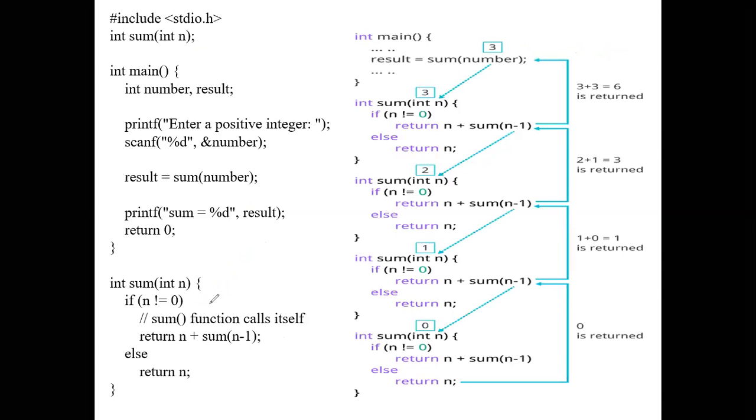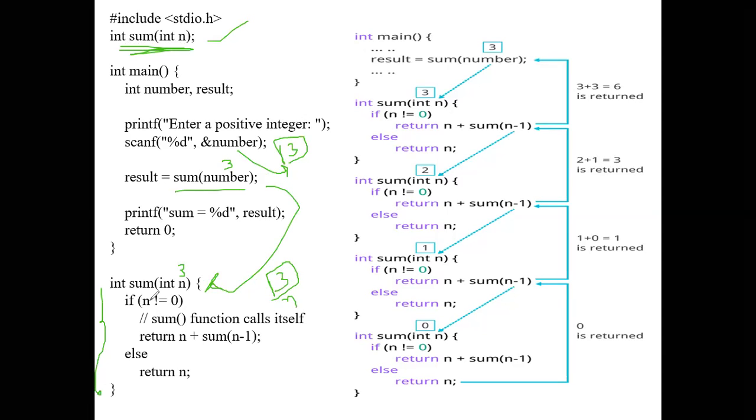Assume that the n value we are passing is 3, where in number we are storing 3. That will be passed to your function call. So we are making a call to this function. Since your function definition comes after your function call, or below your main, you are supposed to write the prototype of the function, or the function declaration. Remember this. Now the n value you are passing will be copied here, number 3. The value of n is here 3.